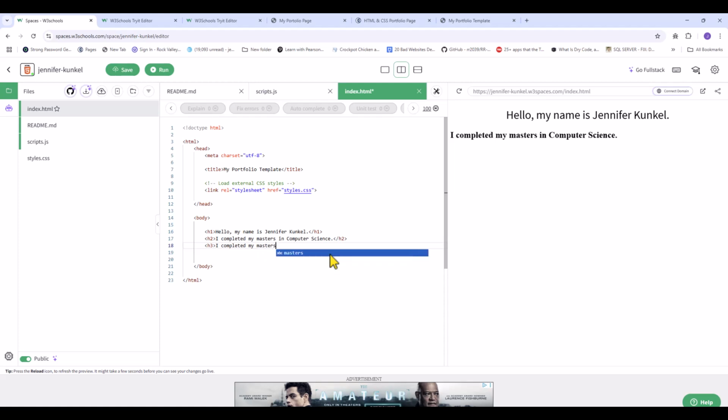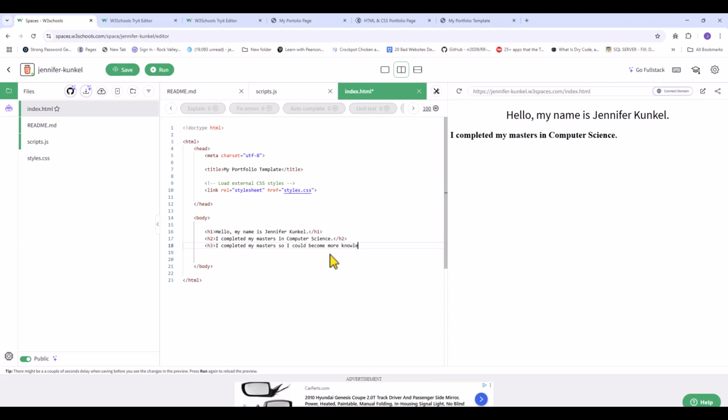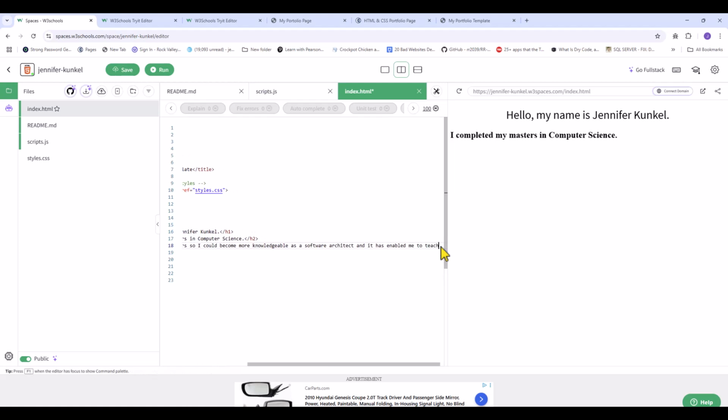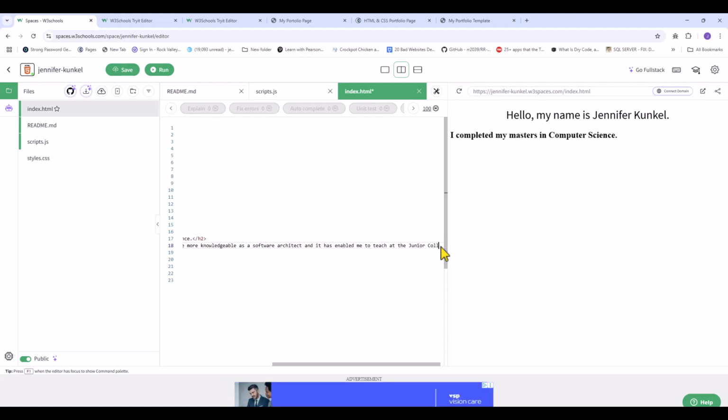And I can say something like, I completed my master's so I could become more knowledgeable as a software architect, and it has enabled me to teach at the junior college level.